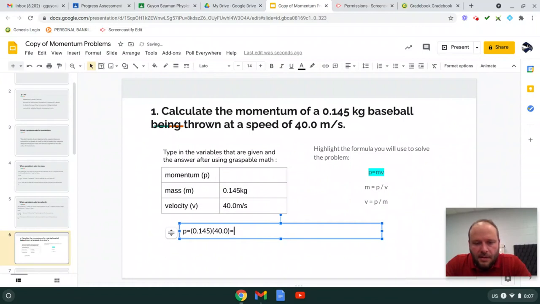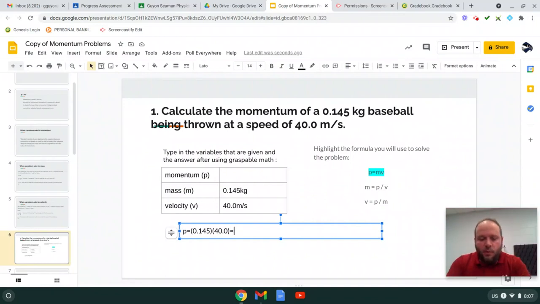Okay, equals. Now, from here, you can use a calculator. If you needed to find one online, you could search it. There's calculators online, or you can use your calculator on your phone. Or if you have an actual calculator, that would be great too. Okay, so you just take 0.145 times 40,